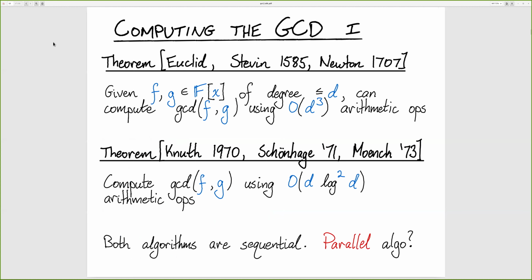This is work that's 50 years old. The question that I want to talk about today is really, can we design parallel algorithms to compute the GCD? This Euclidean algorithm thing, you're computing this sequence of remainders. And it seems like,